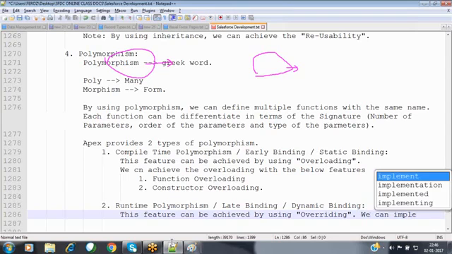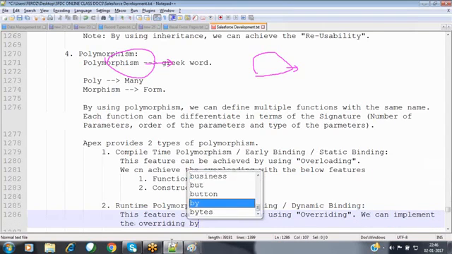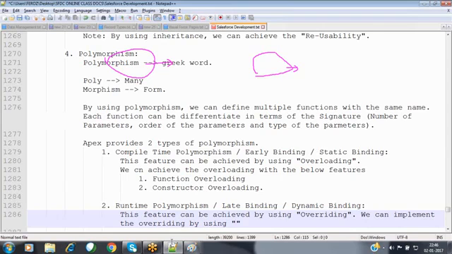We can implement overriding by using the function overriding feature.